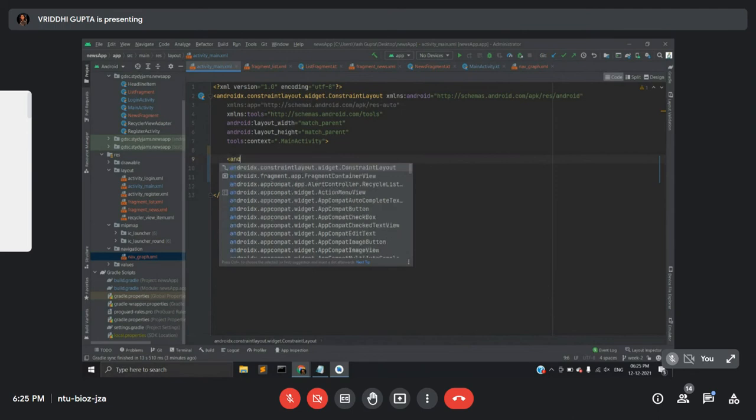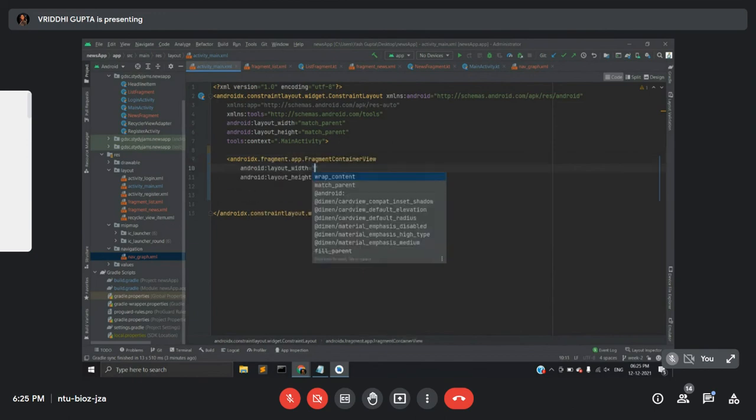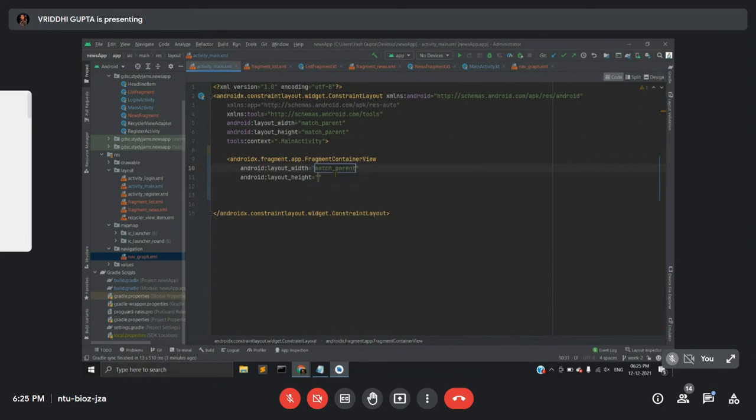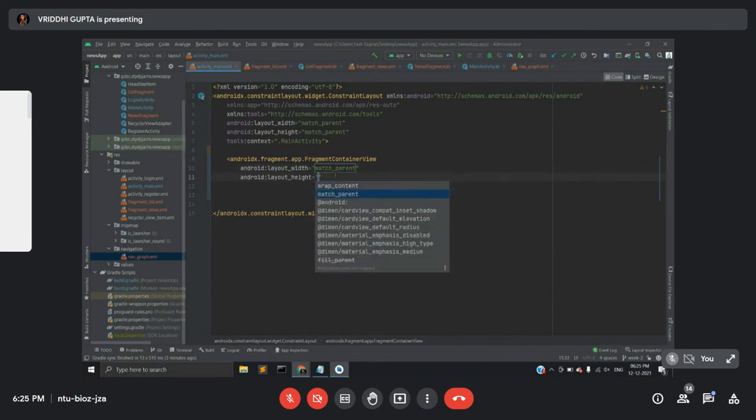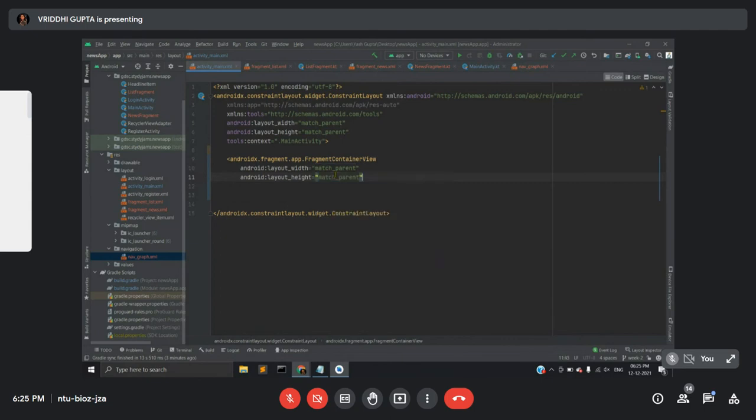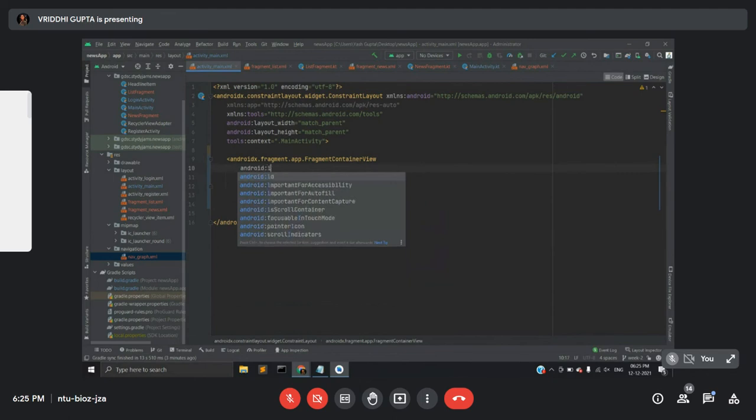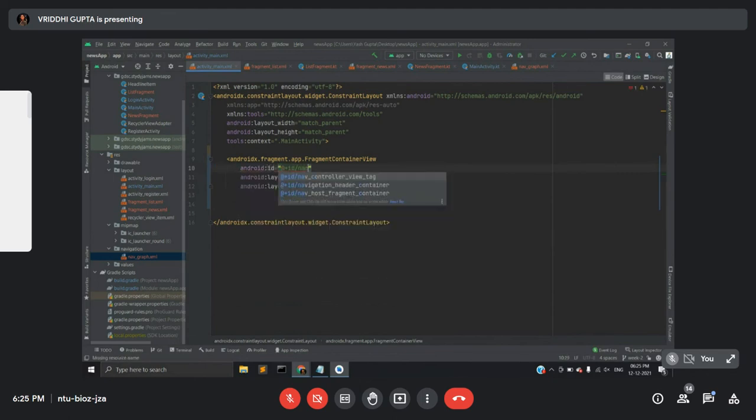Okay, so coming back, androidx.fragment.app.FragmentContainerView. Match parent, and let's give this an id, android:id @+id/nav_host_fragment.